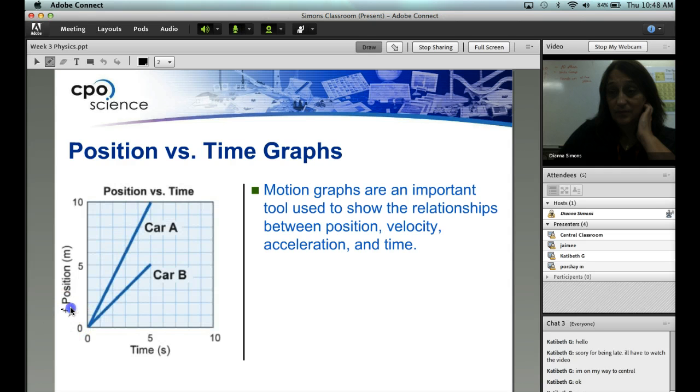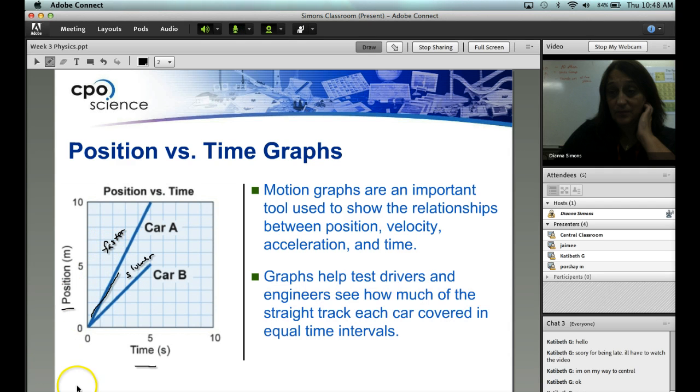So if we have position and time, and we have these two cars moving, this car A, if you look at it, in 5 seconds, it went further, right? It went 10 meters. And car B in 5 seconds only went 5 meters. So car A was going faster. All right, so then this one was going slower. So car A's velocity was faster. And when you look at the graph,